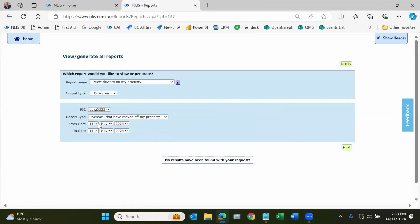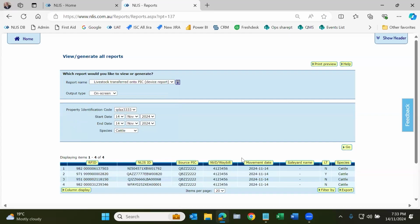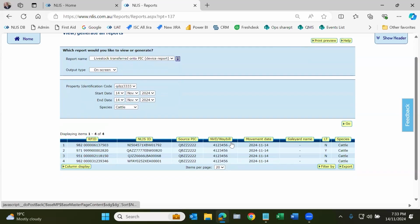Oh, I made a mistake somewhere. I'll get to it in a second. There they are. Sorry, I've used it since that long, I still have problems using it. But there's the NVD number that we used, the date just now. And although there were 6, only 2 were transferred on in this upload because we had an error with those 2